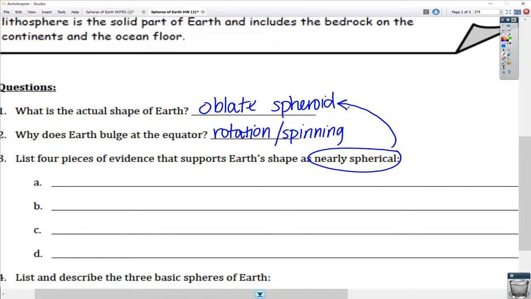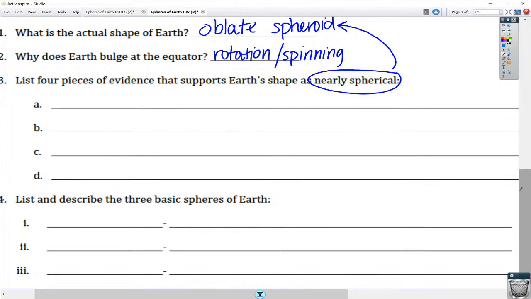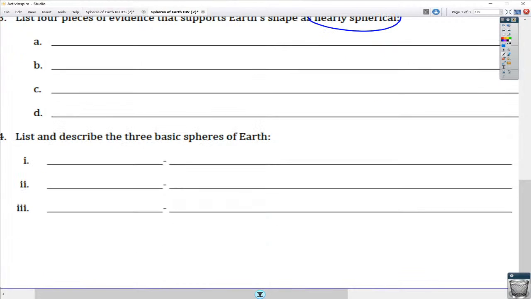Okay? Now, last one is kind of what we were talking about yesterday when we were talking about the spheres of Earth. I'll write these down in here and then also underline them. So what is the first sphere of Earth called? Yeah, Samantha? Atmosphere, yep, exactly, good. What's the next sphere of Earth called? Maybe the one that's made of liquid. Yeah. Hydrosphere, good. Here. And then the one that's the solid ground that's beneath our feet. What's that one called? Yeah. Lithosphere. Good, exactly.